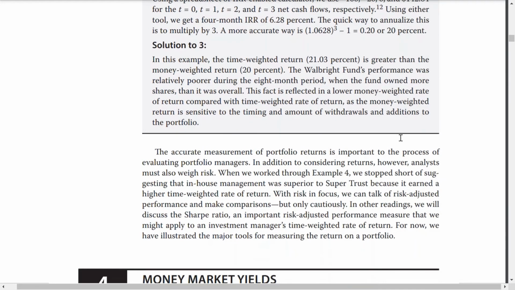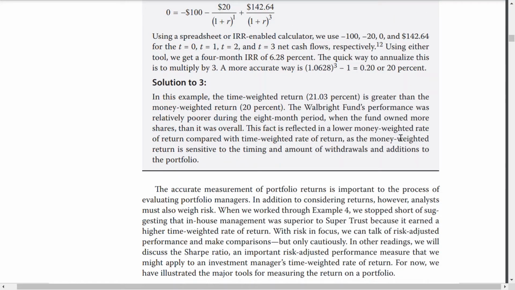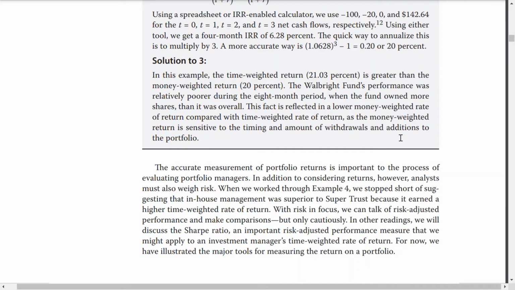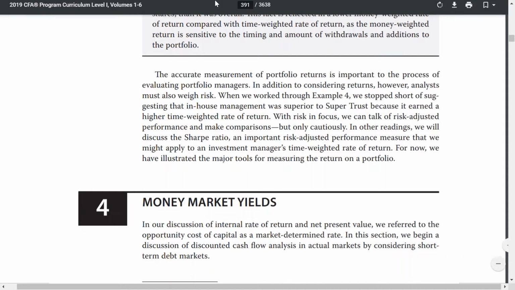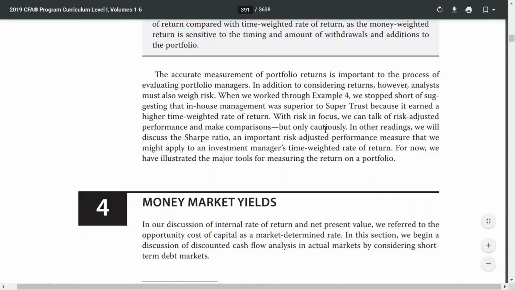Solution to 3. In this example, the time-weighted return of 21.03% is greater than the money-weighted return of 20%. The Walbrecht Fund's performance was relatively poor during the 8-month period when the fund owned more shares than it did overall. The fact is reflected in a lower money-weighted rate of return compared to the time-weighted rate of return, as the money-weighted rate of return is sensitive to the timing and amount of withdrawals in addition to the portfolio. An accurate measurement of portfolio returns is important to the process of evaluating portfolio managers in addition to